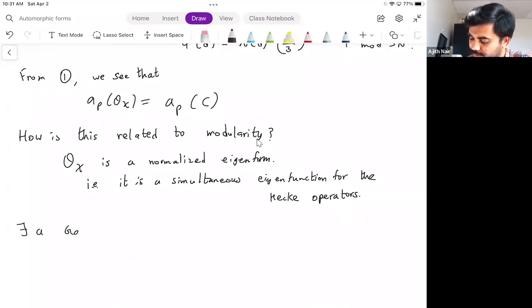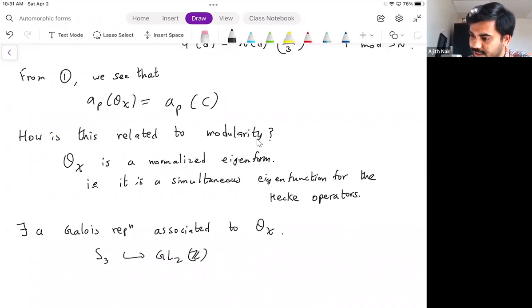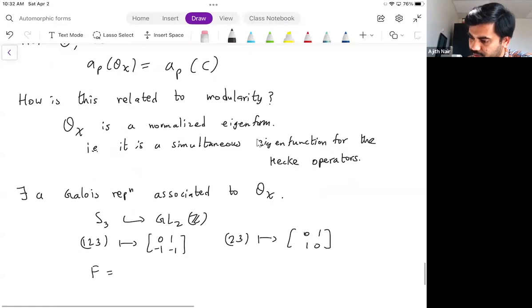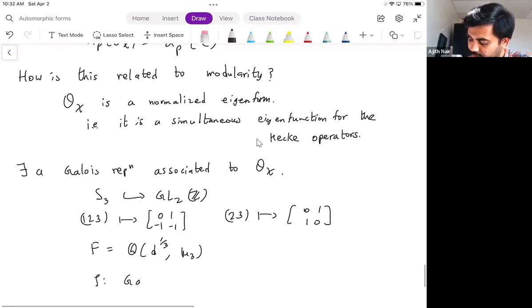there exists a Galois representation associated to theta chi. So how do you get this? You embed S3 inside GL2Z. Then if you consider Q adjoin the cube root of D and mu3, then we get a Galois representation of F